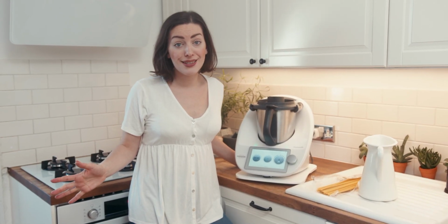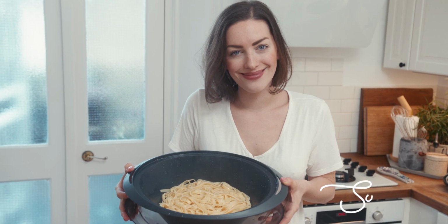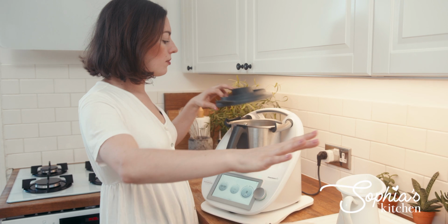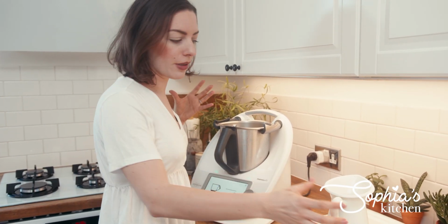Are you ready to cook pasta in your Thermomix? Because I'm going to show you the quickest way of doing it. Let's go for pasta in your Thermomix. It's super simple, very easy to do, and it's quite a thing to look out for because it just looks